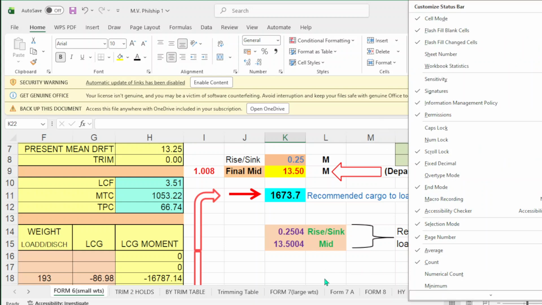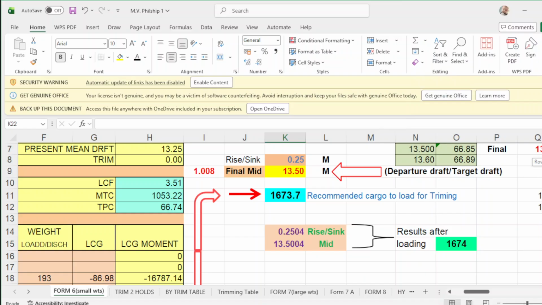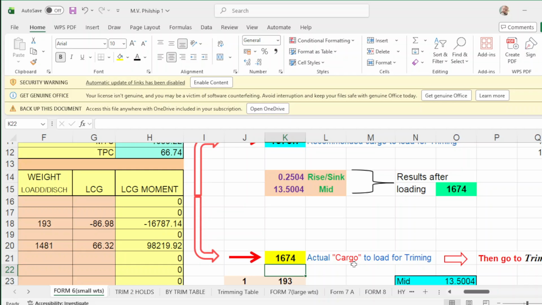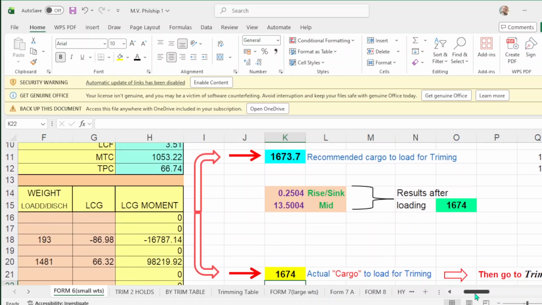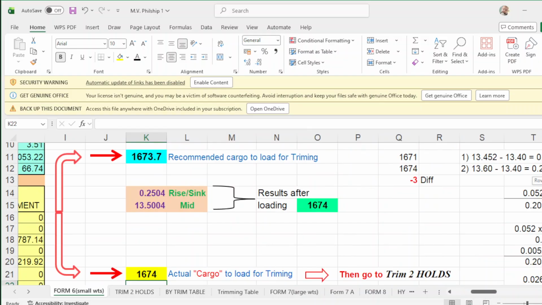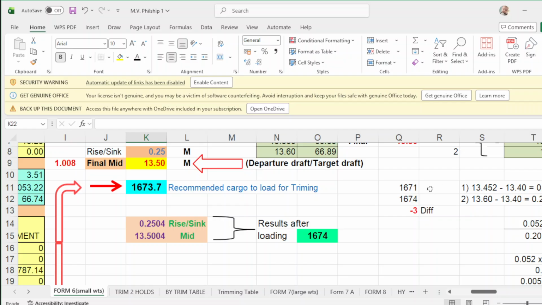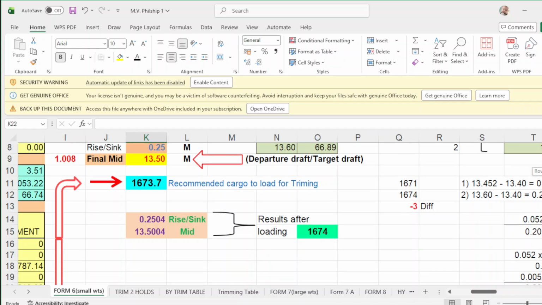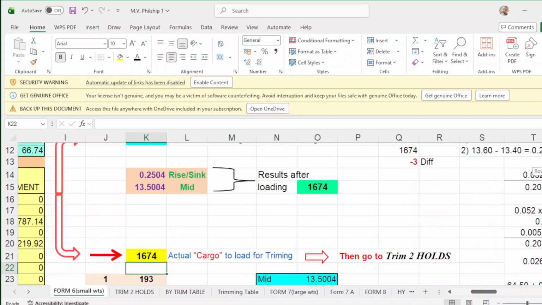Okay, then scroll down. By the way, take note, a while ago that was 1671, and now you will load 1674. The 3 tons more. Okay, then it says here, go to trim holes 2.